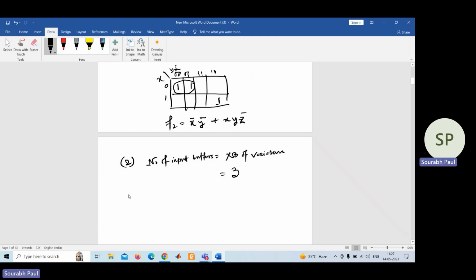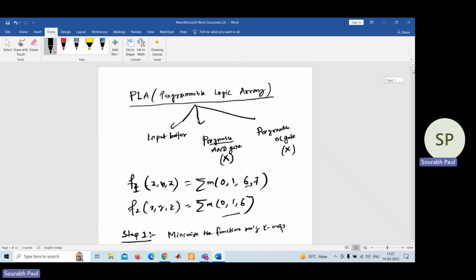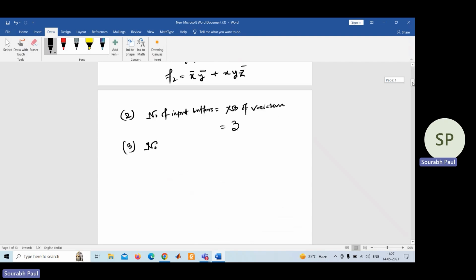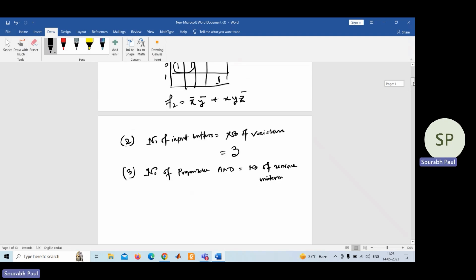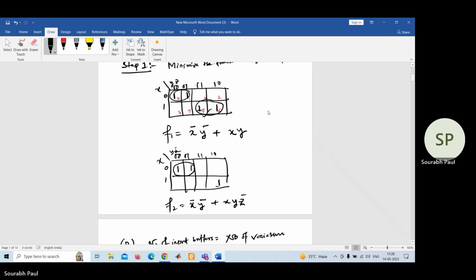Now, the next step, you need to identify the number of AND gates. As I already wrote in the beginning itself, you need to use some AND gates, some OR gates. So how many programmable AND gates do you need to use? The number of programmable AND gates is equal to the number of unique minterms. Unique minterms means how many minterms are there